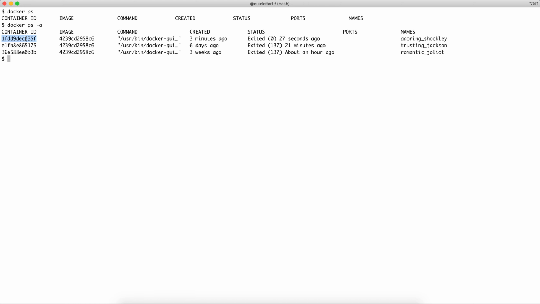Okay, so now we are going to see how to start this container. If you see the status of this container, it is exited. That means it has stopped its services. Now we are going to see how to start the container in Docker. For that, you have to write docker start, and then mention the container ID that has been allocated to this image. Okay, so let me just run this, and it will very quickly start this particular container.